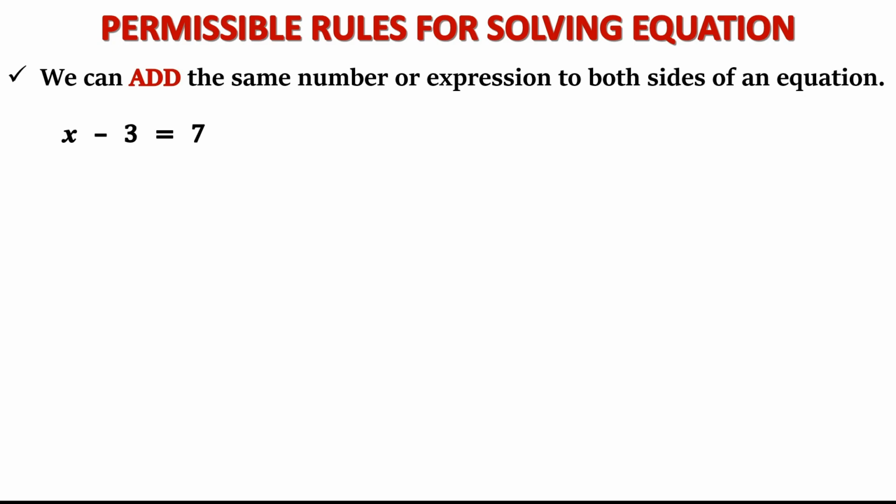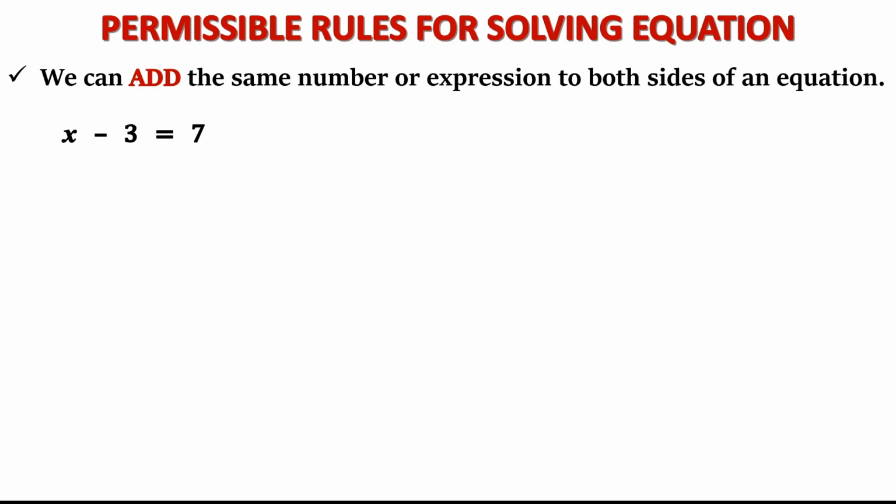hand side. But whatever I do in the left hand side, I have to do it in the right hand side also. It is just like a beam balance. When the pointer is vertical, we understand that both the pans are balanced. Suppose I add something to one of the pans, then the same thing I have to do on the other pan also. Suppose I add more weight in one of the pans, then I have to add more tomatoes or whatever in the other pan to keep the pointer balanced, to keep the pointer vertical.